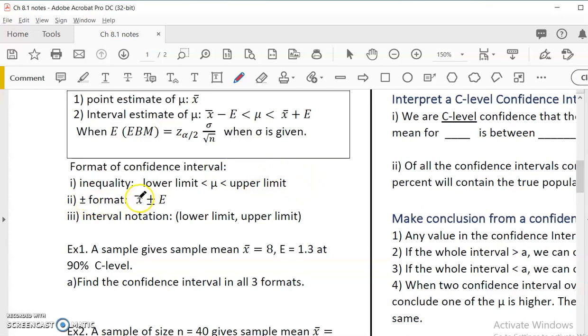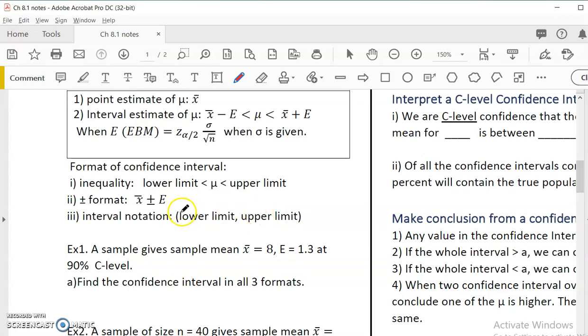So you just say it is x bar plus and minus E. I don't know where my x bar is, but if I do a plus and minus of this margin of error calculated this way, mu should be inside. Okay, the third interval would use the pre-calculus and calculus format,